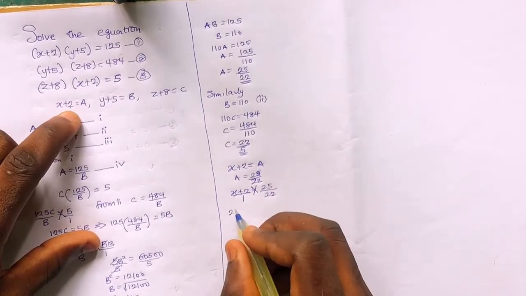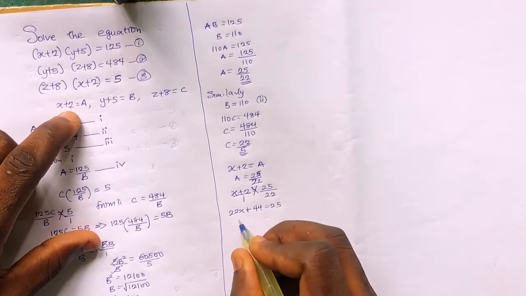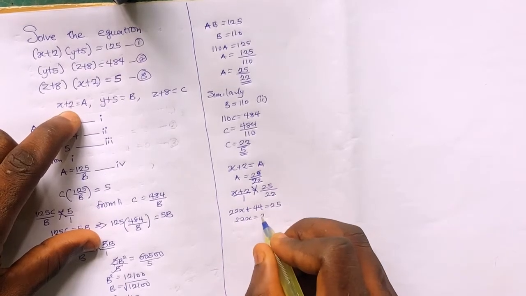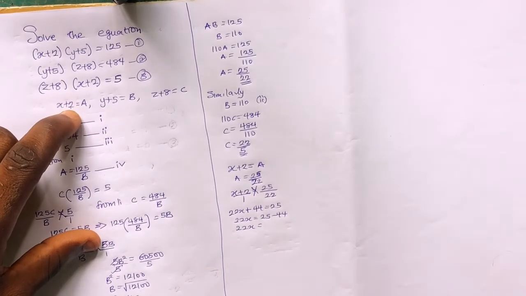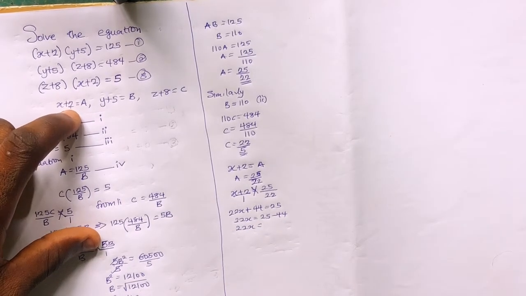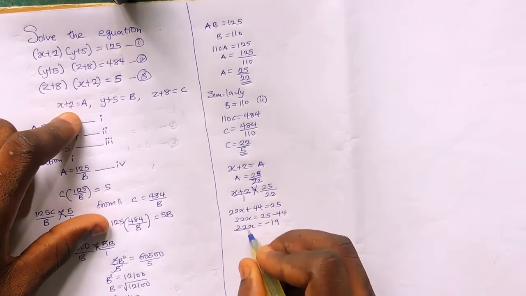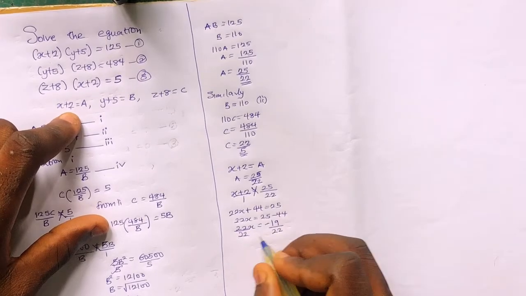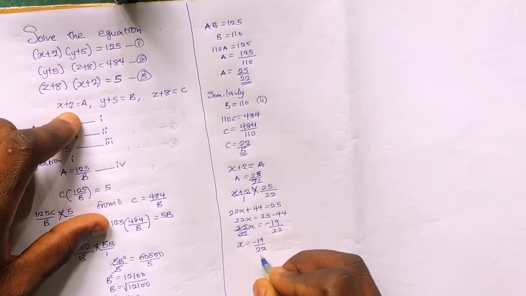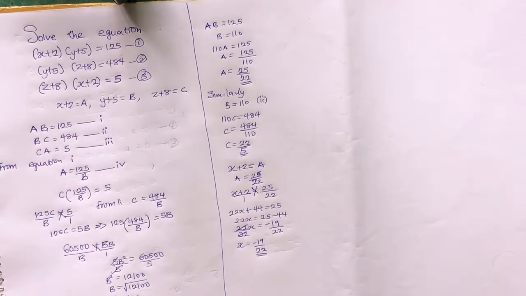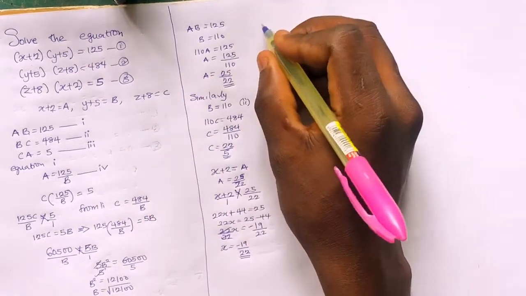So in this case, let me just cross multiply. I'm having 22x plus 44 equals 25, right? So 22x equals 25 minus 44. That's minus 19. So divide both sides by 22. So my x in this case is actually minus 19 over 22. That's the first case. Then coming back to the second case,